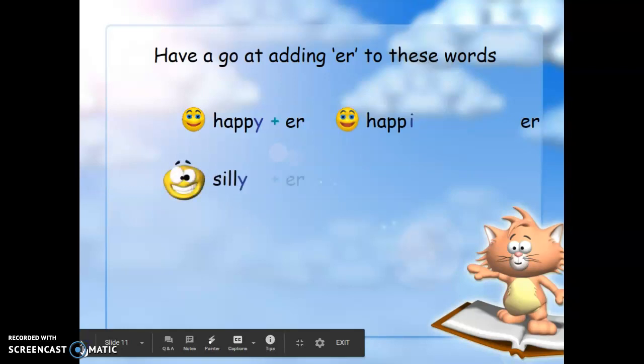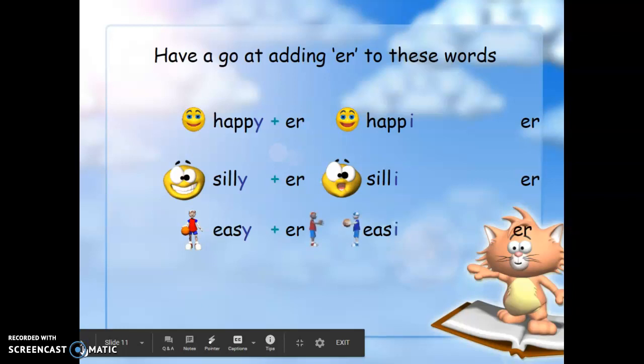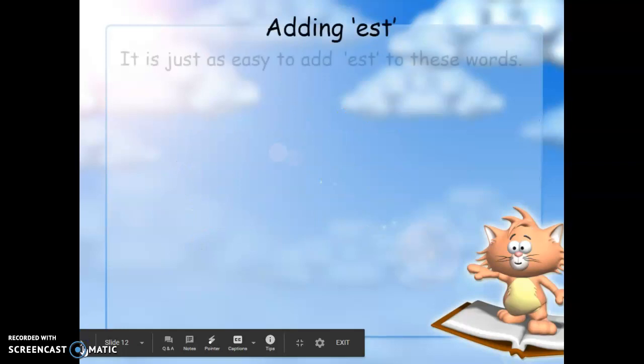The next one is silly. Same rule applies. Have a go. And it will become sillier. This word is easy. We need to change the Y into an I and add ER, so it will become easier. Now the same rule applies